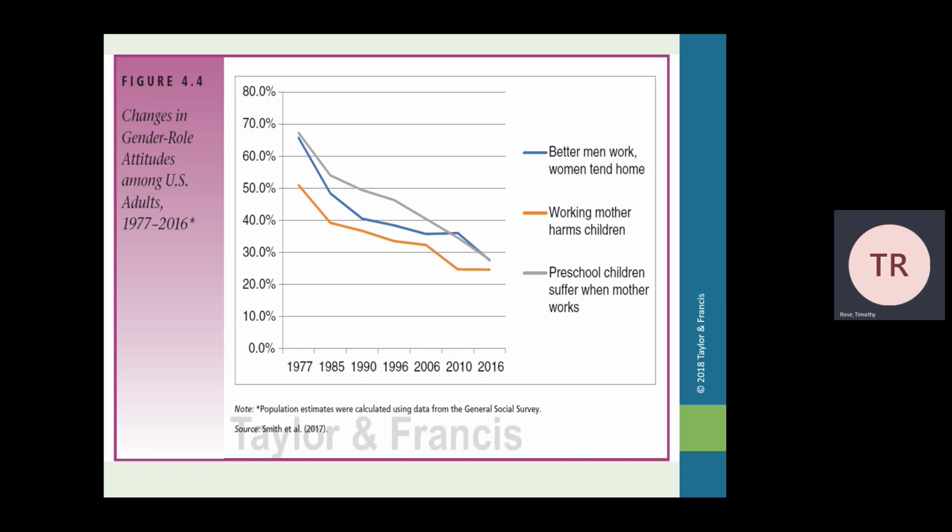This was one of the things I did a good bit of looking into whenever I was in grad school. Over time, we definitely do see these changes in general attitudes. So whenever it comes to household division of labor, younger cohorts, newer cohorts are more likely to have attitudes that they want to have an equal distribution of labor. But this doesn't mean that their behavior is an actual equal distribution of labor.